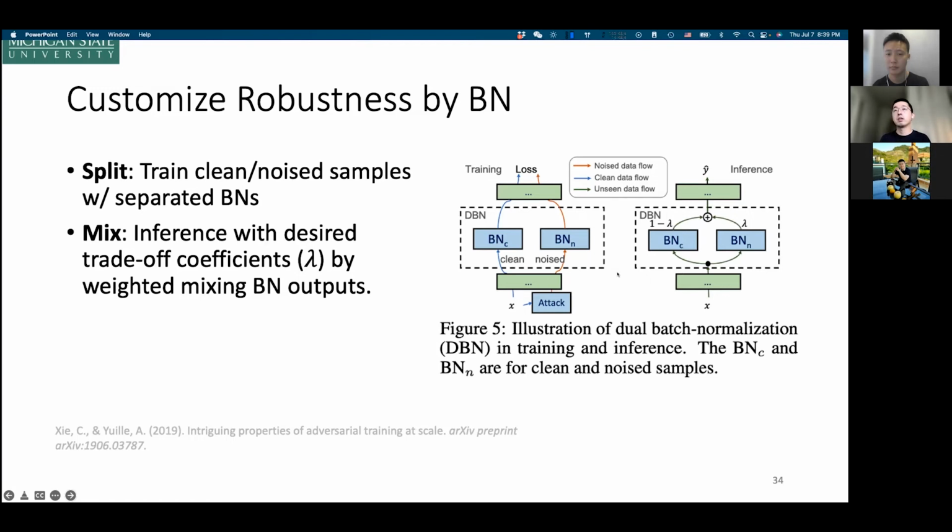So we do not need to modify anything in the training. We just need to do this mixing at test time. Then we will get the trade-off between accuracy and robustness. And because this method is pretty simple, we can also make this work with our previous model size customization.